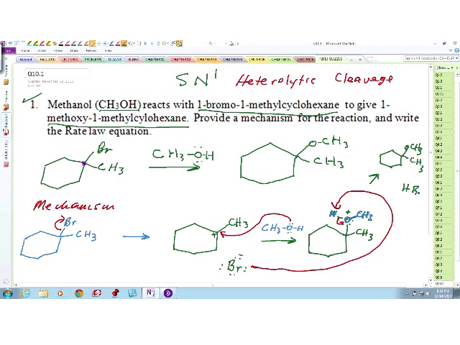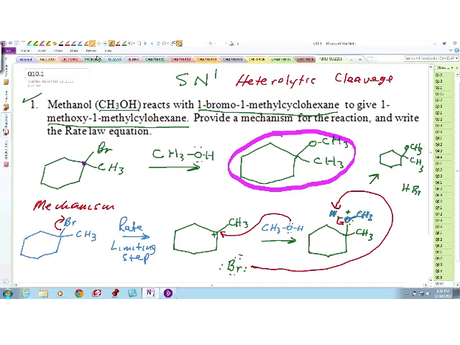Plus HBr. Okay, and that final product is this one here. Okay, so what we've given you here is the reaction mechanism. At this point, we also want to let you know that this is the rate limiting step, the point at which we form the carbocation. Okay, and because that rate limiting step only involves the substrate,